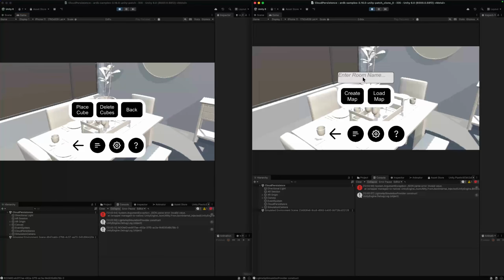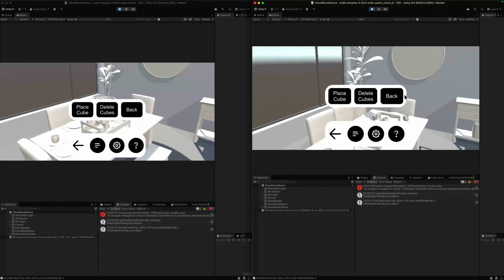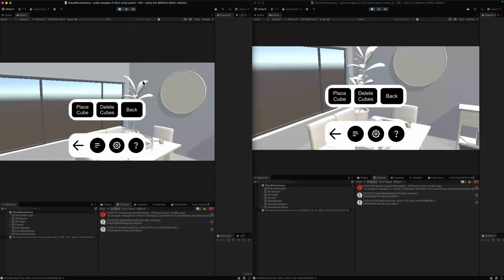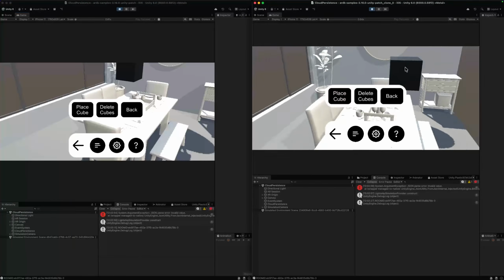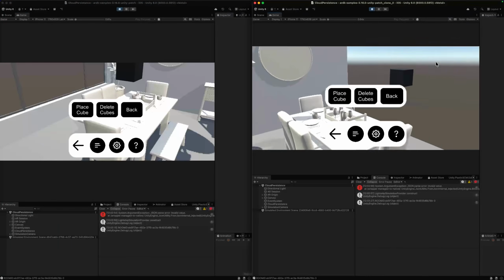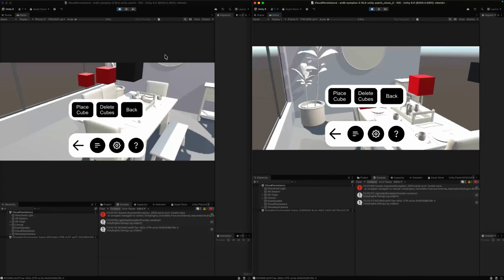So then in the other room, let's also enter 1, 2, 3, 4 and load map. And we move around to localize. And now if we actually hit on place cube on the left device, you can see that we have a cube here, which will also appear on the right device. And in the same way, if we place it on the right device, we can see it's appearing on the